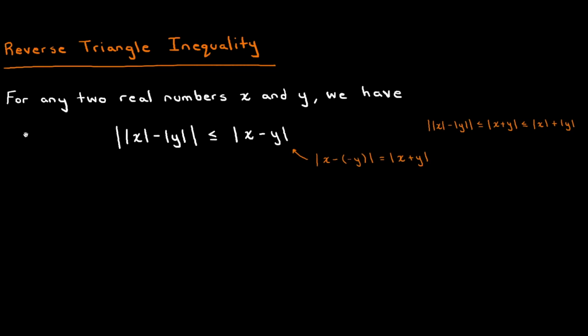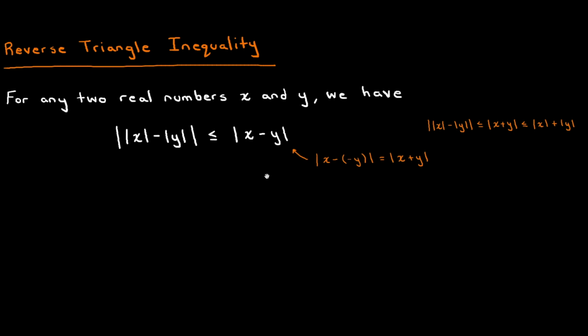The reverse triangle inequality states that for any two real numbers, x and y, we have the following relationship. Now this relationship looks a little bit more complicated than the previous inequality, but it's not too bad. So what we have here is a couple of nested absolute values, and so it states that the absolute value of the difference of absolute values of x and y is less than or equal to the absolute value of x minus